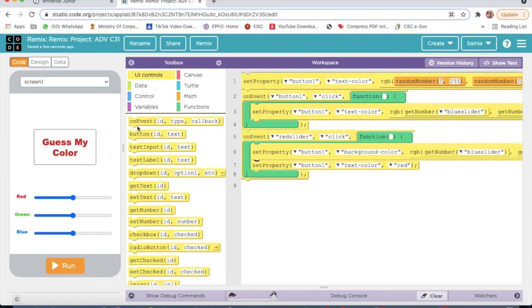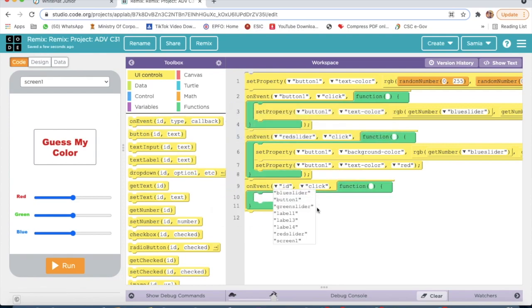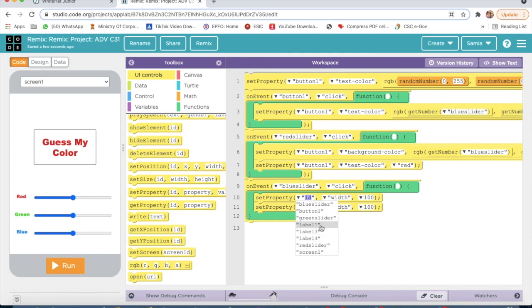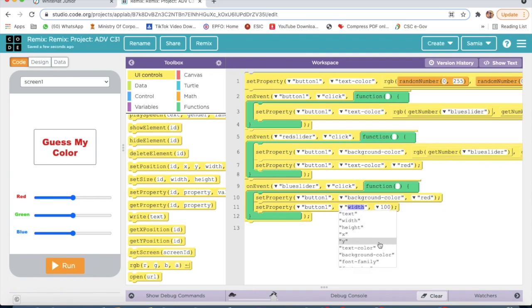Now we will again take on event, and here I will select blue slider. Then I will take set property 2 times again here, and here I will select the ID button 1, and here also button 1. Here I will select background color and here text color.